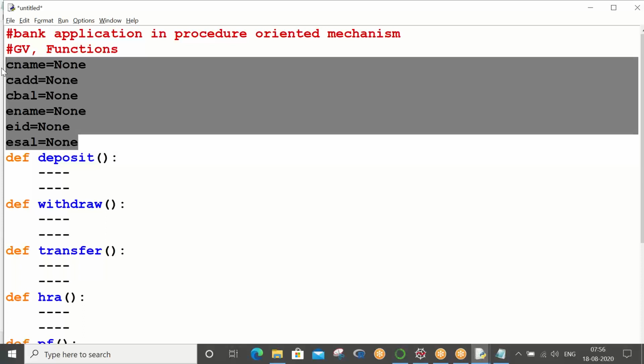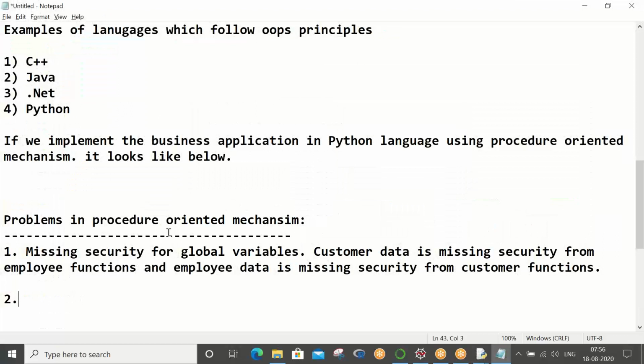Okay, so vice versa, whenever you need employee data, only employee global variables memory allocation is fine, but unnecessarily customer data memory allocation is also happening, so wastage of memory, right? So that is another point I can highlight. Just take down,